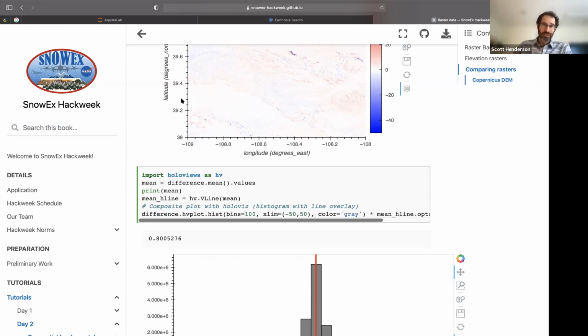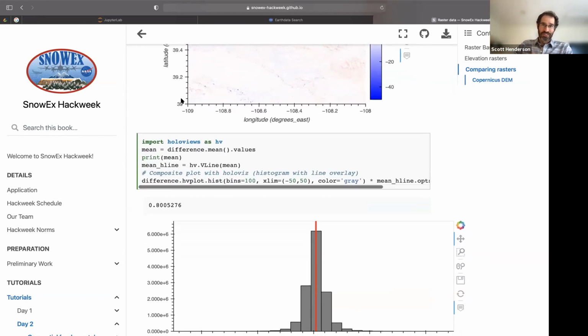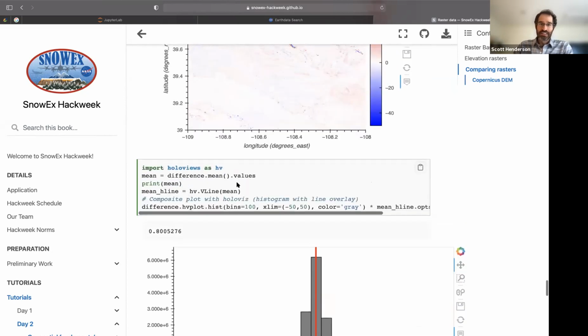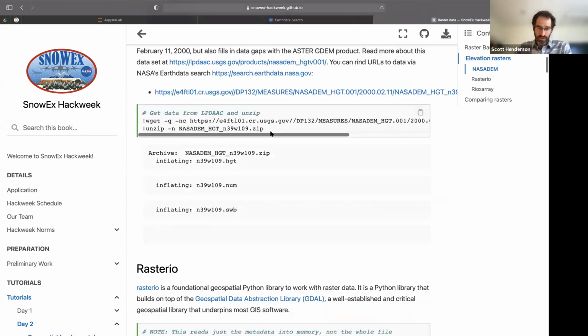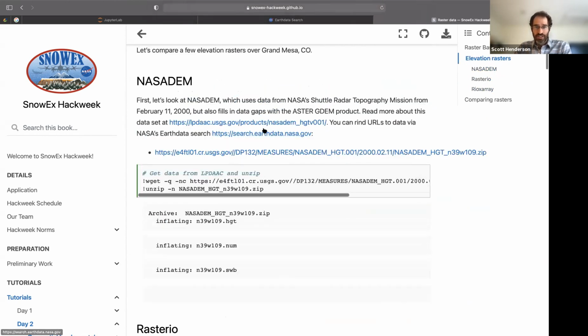So this is a subtle thing when you're on Grand Mesa in the mountains of Colorado. It's like, where's the 0? I always think of the geoid as being on the beach, relative to sea level. Where is that equipotential surface where the water surface is on the Earth? And that's going to vary around the globe. So you often have to dig into the details of data sets to understand what their 3D datum is. If I go back up to the top of this rendered notebook to the NASA elevation data,